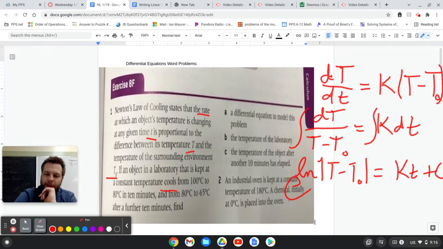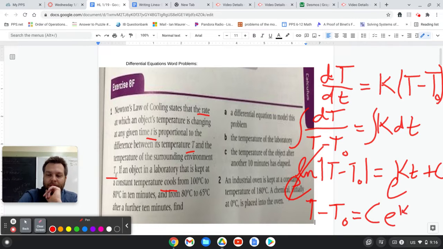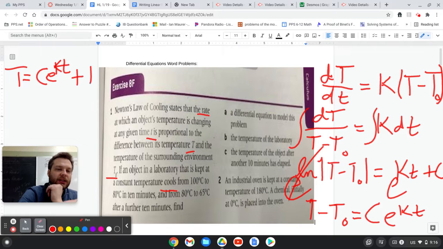So let's exponentiate both sides, canceling out the natural logarithm. Like I just said, we can get rid of the absolute value bars. And like we've talked about in the past, we can drop the c in front here, like that, c e to the kt. And then to solve for the temperature, I'll bring it up to the left side of the screen here. We just have the temperature at any time is equal to c e to the kt plus the temperature